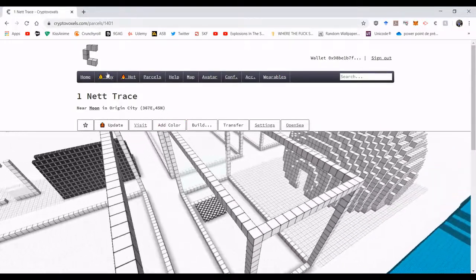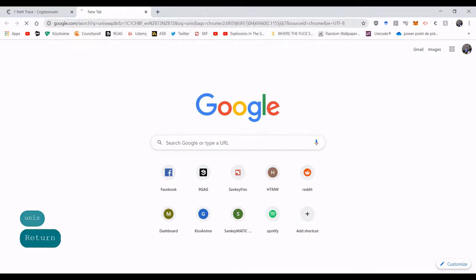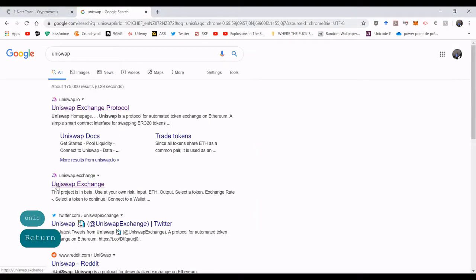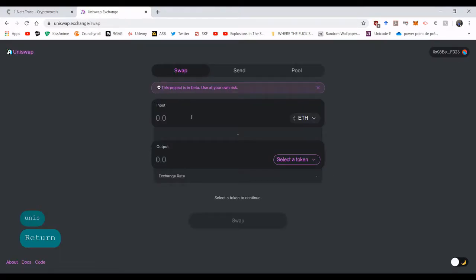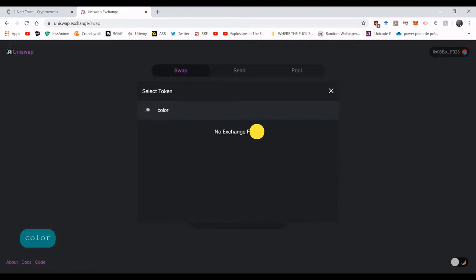What we're going to do first is open a new tab. You go Uniswap, and then you go for the second link, Uniswap Exchange. That's where we want to go. Cool. So here we've got our input and the output. So we want to select a token, and you'll see that if you type COLR inside here, you won't find